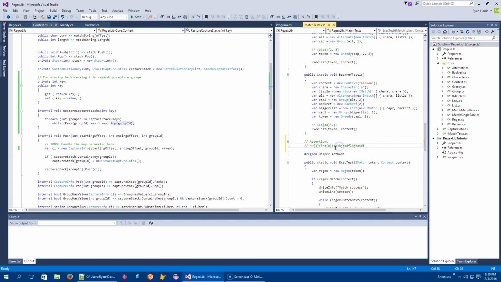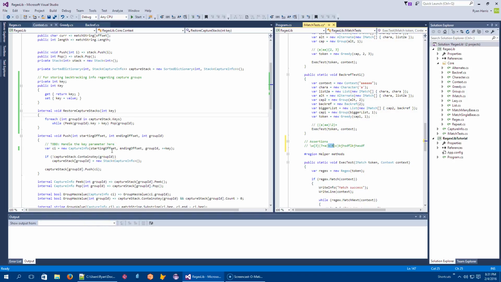When we backtrack, we will simply call this restore capture stacks, which will deal with this, and the stack info for backtracking that is part of the tokens inside it will already be gone. Okay, so that's the plan.